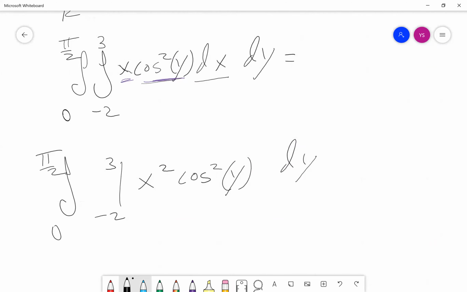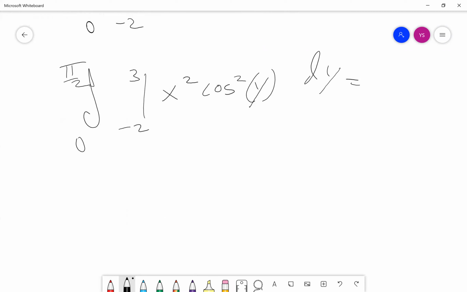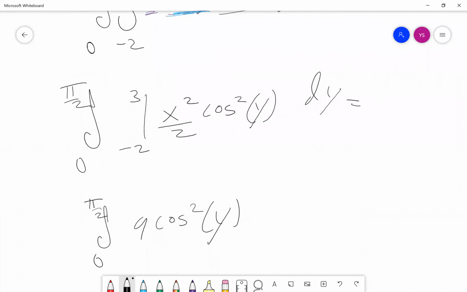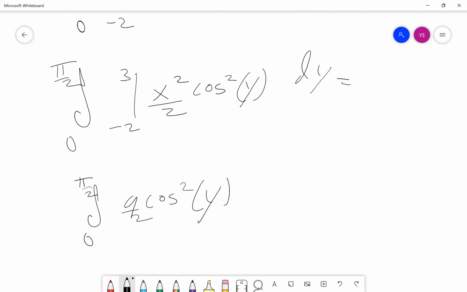Right, so we see that this cosine squared of y didn't really change, right? It's kind of acting like a constant because there aren't any x's there. And then this entire thing is going to become the integral from 0 to pi over 2 of 9 over 2 cosine squared y, x squared over 2, sorry. Okay, 9 over 2 cosine squared y minus,